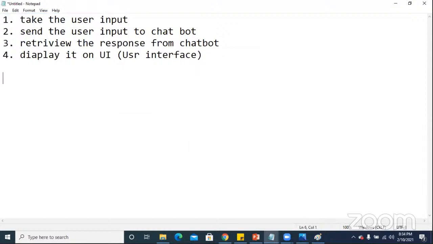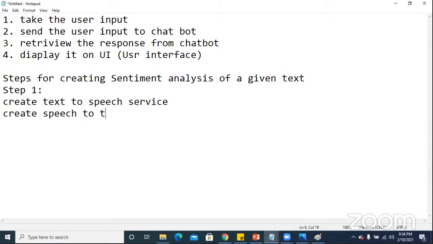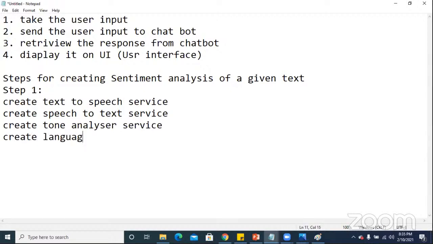The first step is steps for creating sentiment analysis of a given text. Step 1, create text to speech service, create speech to text service, create tone analyzer service, create language translator service,